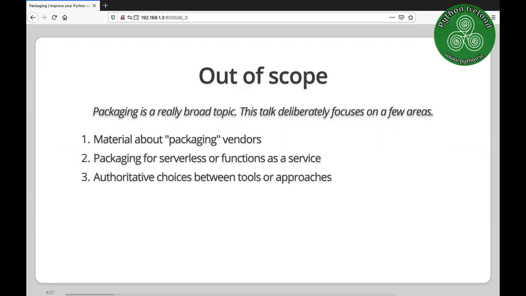Packaging, to my mind, can be quite a controversial subject, right? There is definitely more than one way to approach packaging in Python. I'm not going to tell you what the right approach is. I'm going to tell you about some of the approaches that have worked for me. There are a range of tools, and recently with some of the standardization, some of the PEPs that have come through in the last couple of years, it's not just setuptools and things that build on top of setuptools. There are genuinely